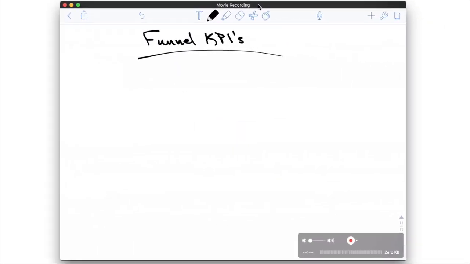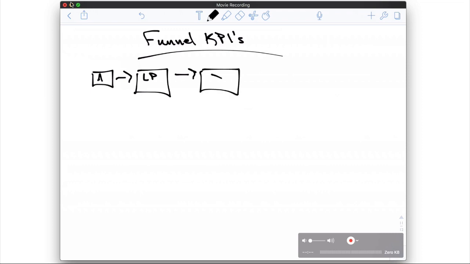So this process is the exact same no matter what webinar you build out, but for the first example, let's start with a webinar funnel. So the very first step that we're going to do in this reverse engineering your funnel KPIs process is map out the funnel. And so in that case, that gives us an ad, and that takes us to a landing page where you register for the webinar, which takes us to the webinar itself,